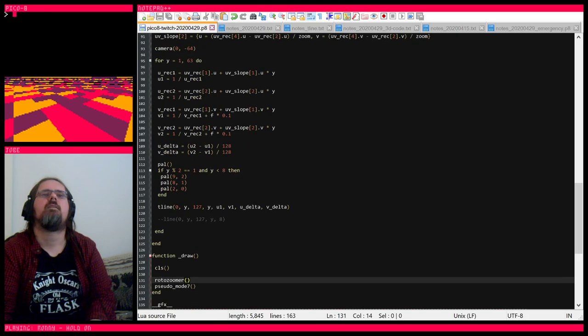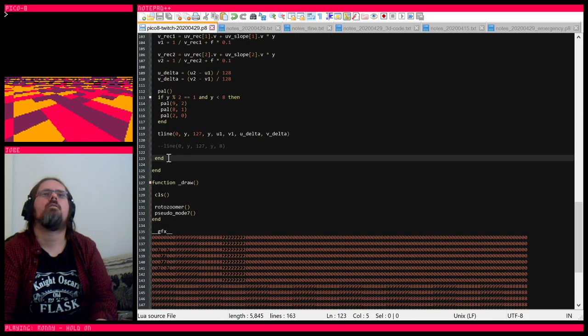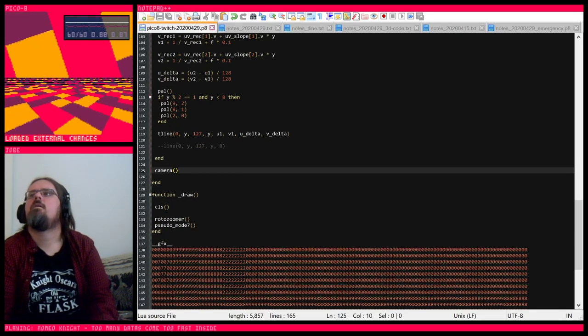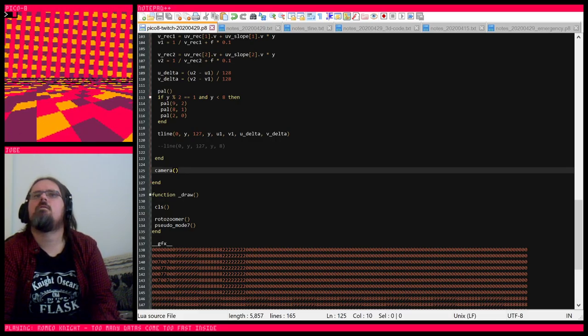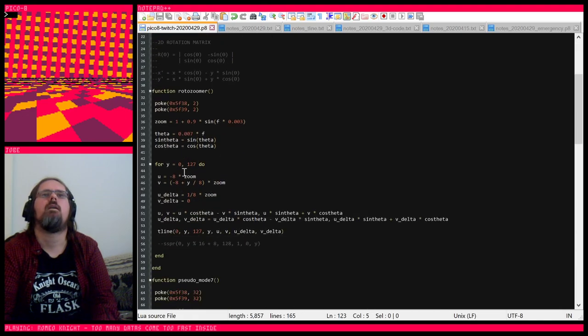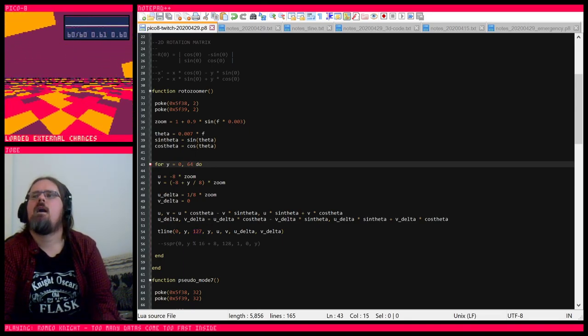Oh, I'm not resetting the camera after the mode 7 draw. So now we have that thing there, and we don't need to draw the whole screen anymore, so let's go from 0 to 64 instead. And now,